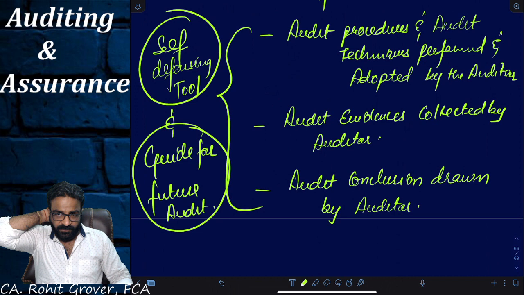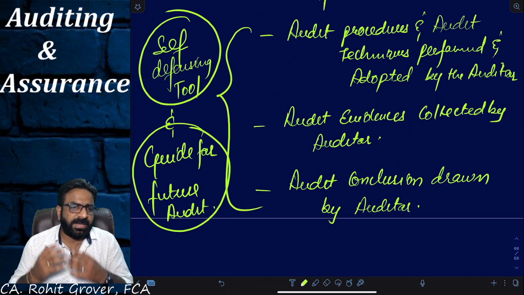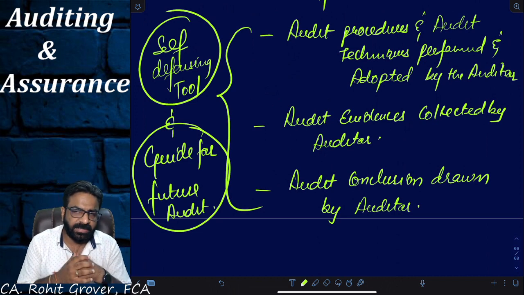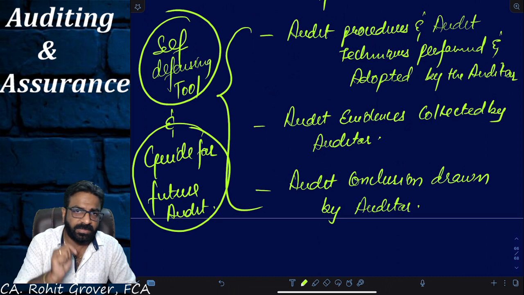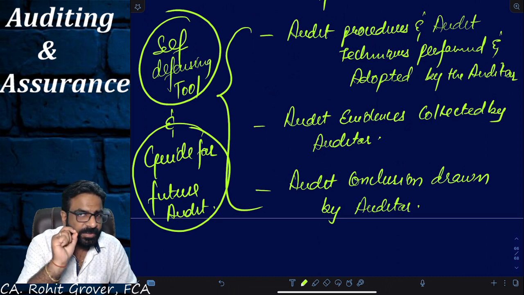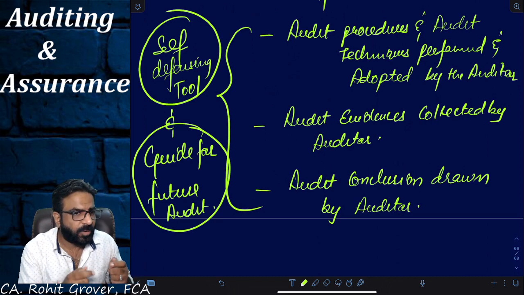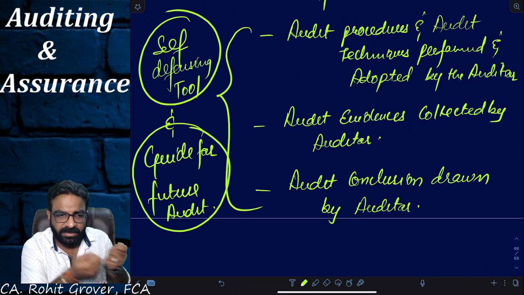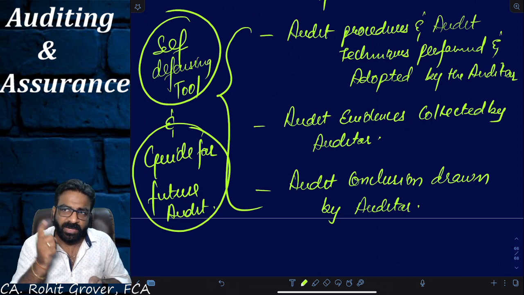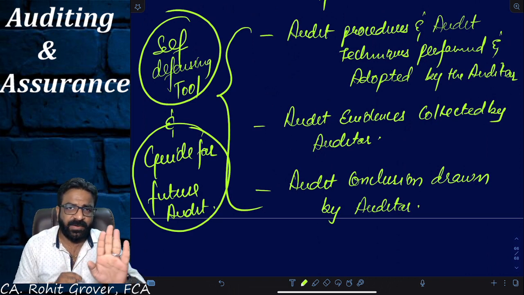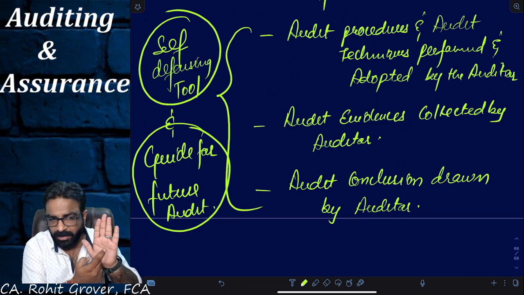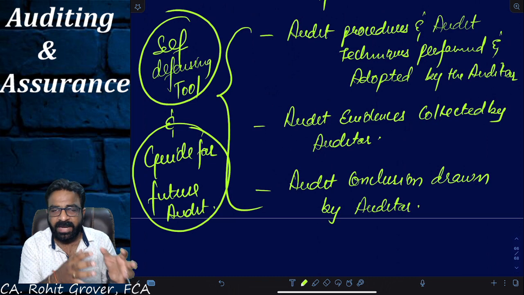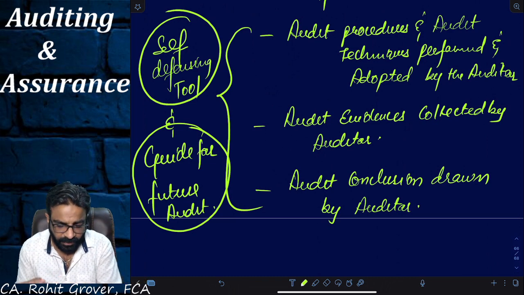Suppose one of my clients came to me and he's saying, Rohit, in the year 16-17, when you did the audit, this is a problem we found. You didn't do the audit properly. Now, will I go to my office, open the almirah and take the 16-17 audit file, and whatever the charges he's putting, can I defend myself by showing that, yes, I did that? Am I correct or not? Yes. So it acts as a self-defending tool also.